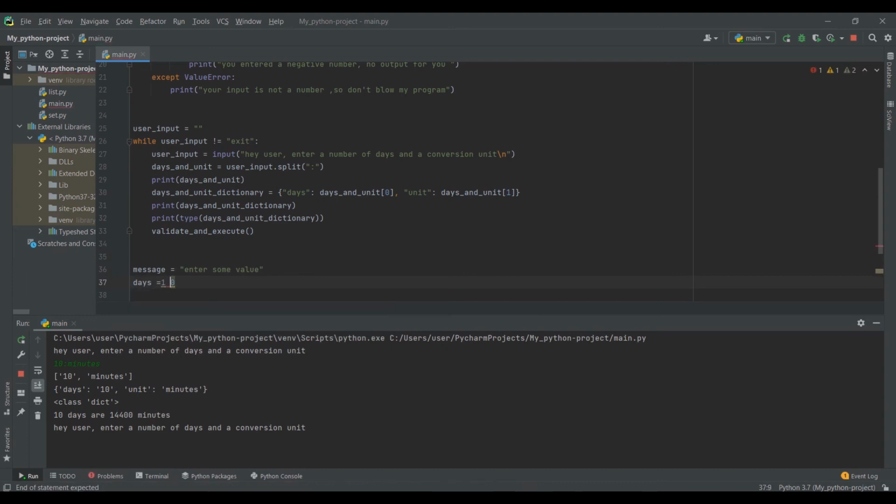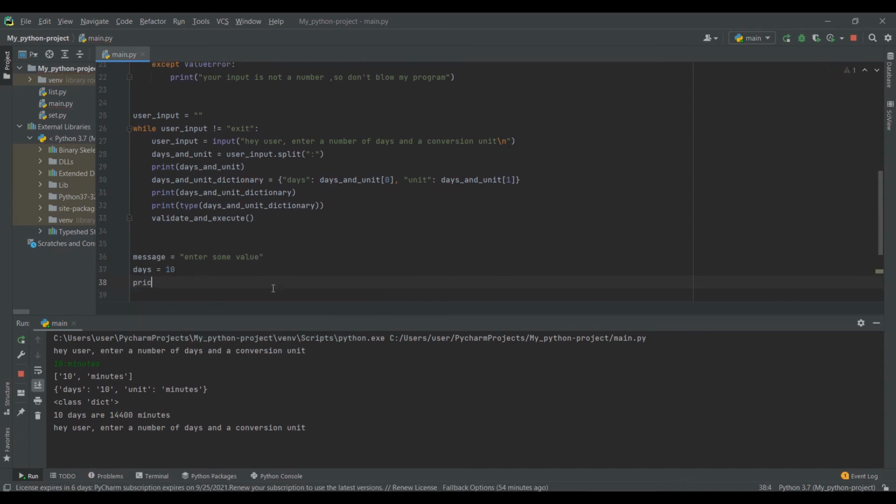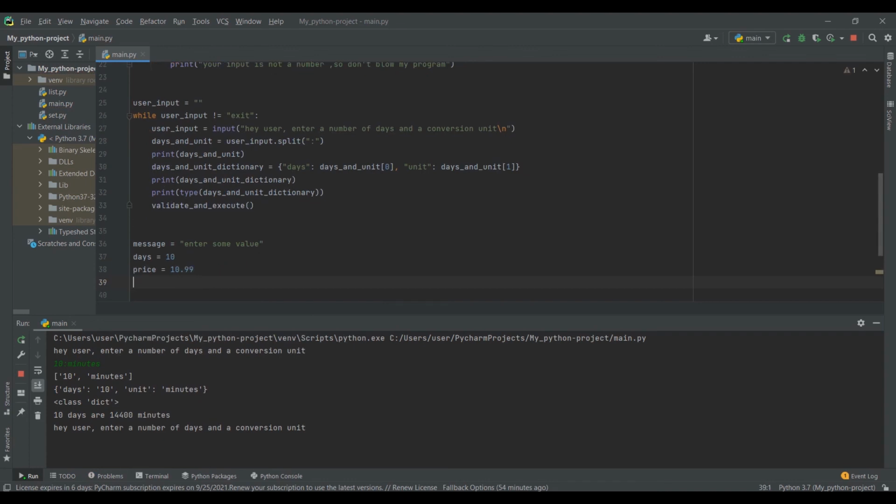Example of that we saw already, days. Then we have float numbers, which for example can be used for price or weight of a product, etc. We also have learned Boolean data types